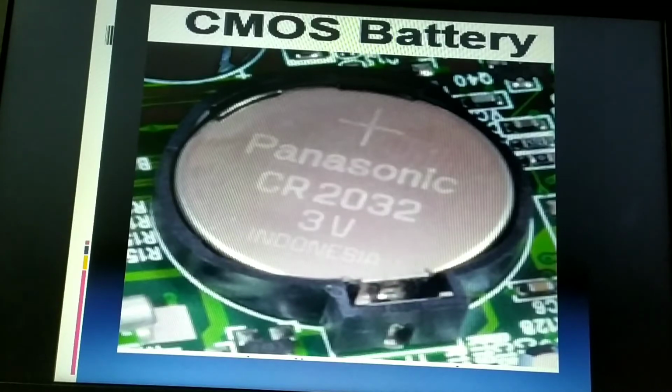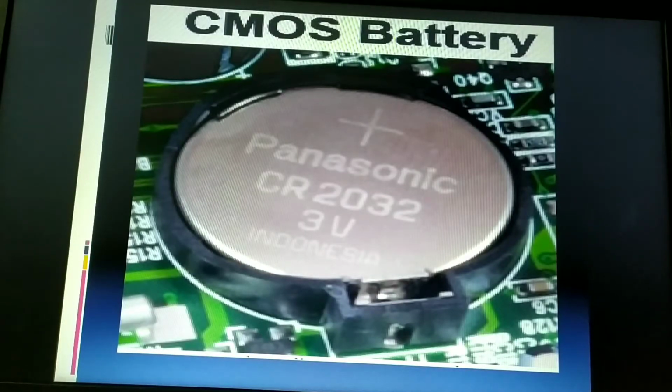So these are nothing but the system parameters. Usually the changes which are made by the users for the system will be stored in a memory chip known as the CMOS. Not only the system parameters, it also stores the date and time.